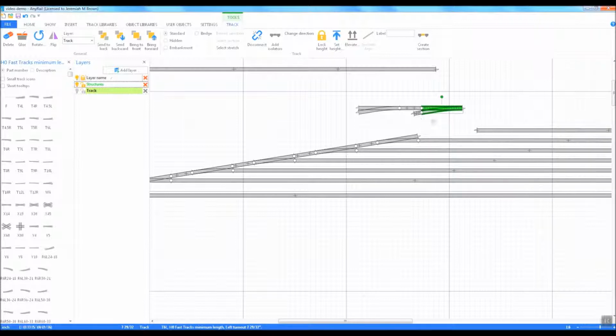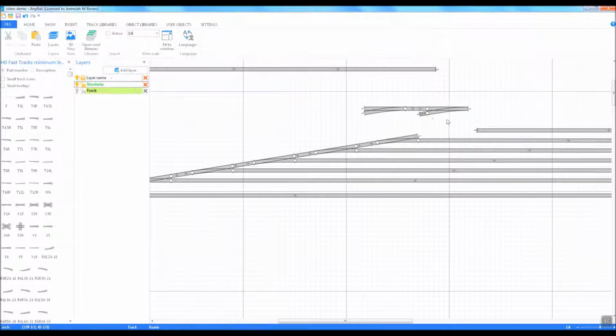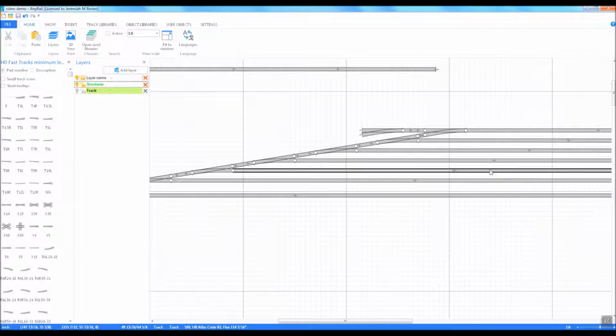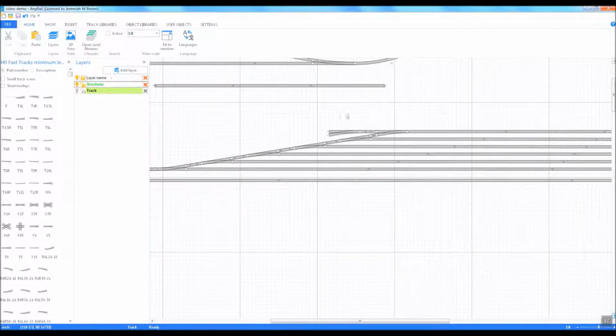Okay, so see how I've got the turnout highlighted and I'm moving it. I cannot connect it down. See, if I try to connect it here and I'm on this track piece, it will not allow me to do it. So I have to go to this little teeny piece, click and hold and drag that. Now I can connect it. Then I will drag this one out to connect with that. There. Now we've got the turnout set up